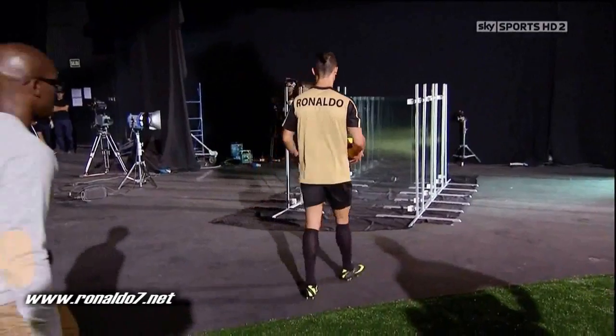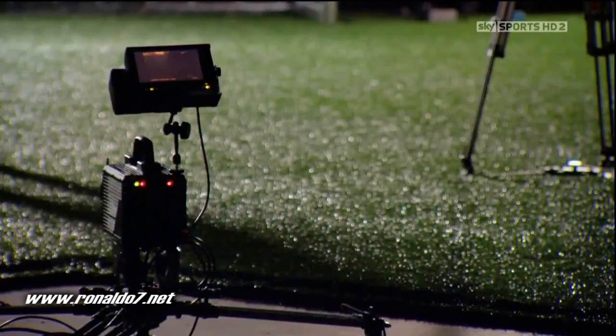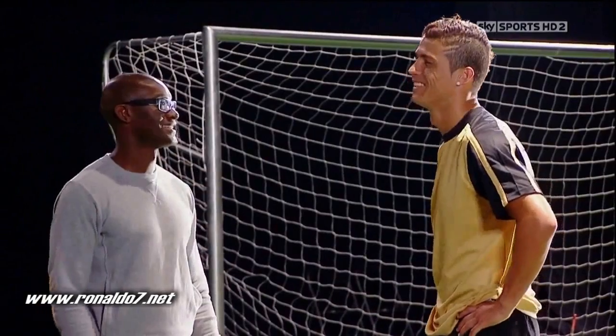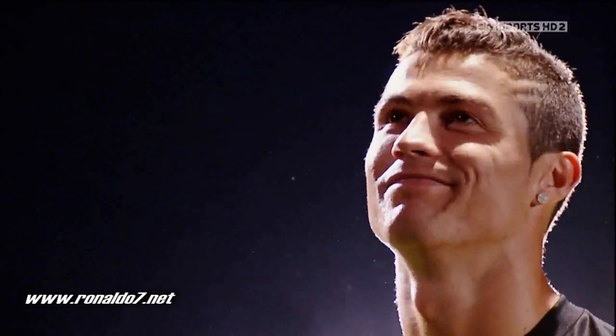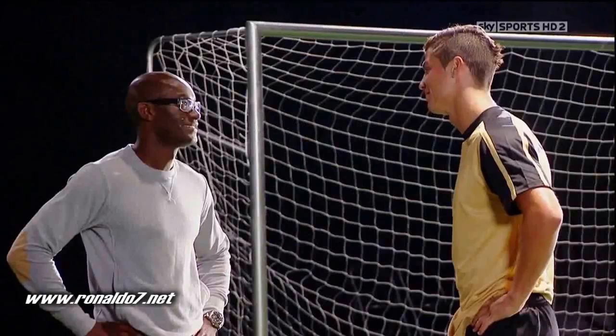Inspired by an event in Ronaldo's childhood, 6 sheets of glass are arranged around a speed monitor. Ronaldo will fire the ball at this glass target. What was it like as a kid smashing windows? Well, when I was a kid, I think I broke just one glass of one neighbor. It was a very, very big problem because when I arrived home, my mom kicked my